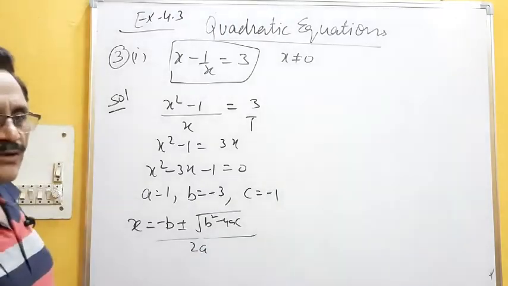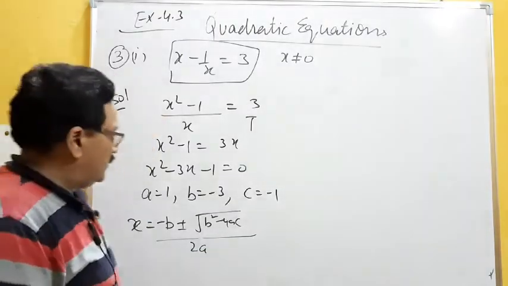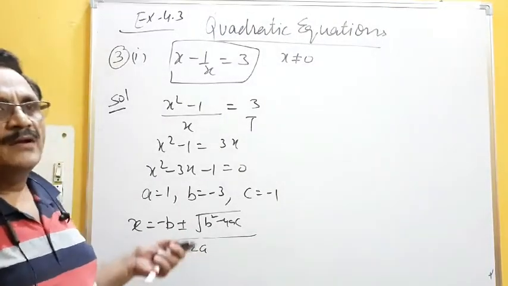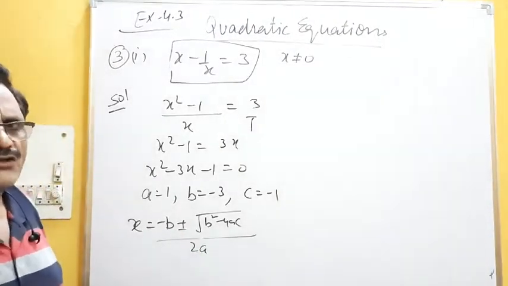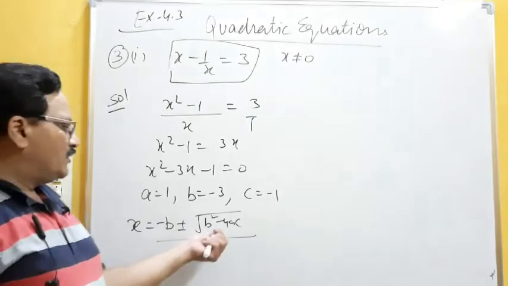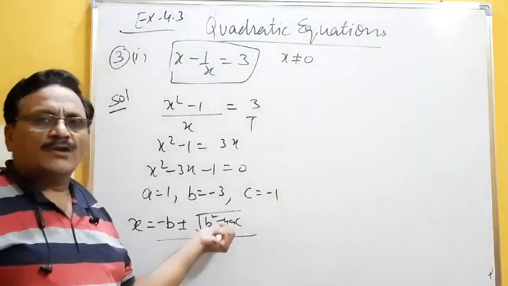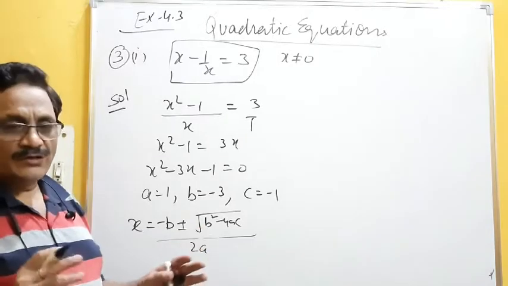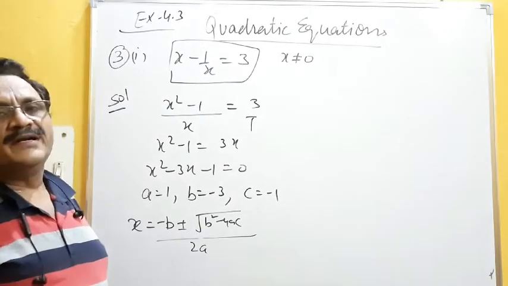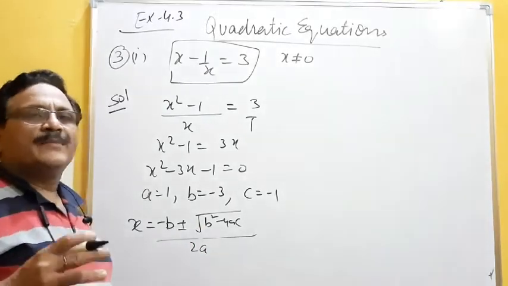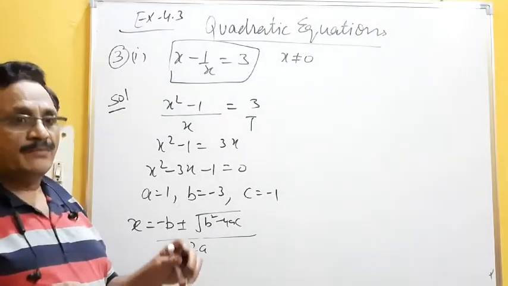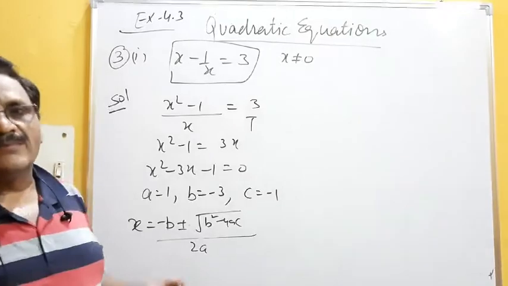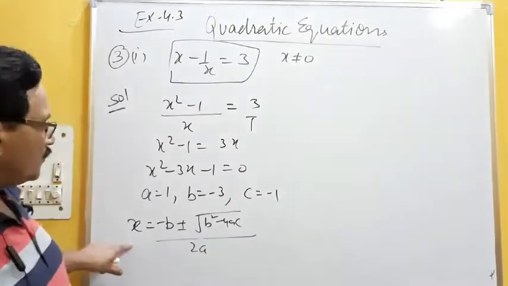Now you ask me one question. Sir, first we have to calculate b square minus 4ac to check whether the roots will be real or not. It's your choice. Because if the result is coming negative, then you can also write no real roots. So no wastage of time there, because in exams we have limited time. At home we do a question in 10 minutes, 15 minutes, no problem. But in the exam we have to solve the question within the time. So always we have to take less time and do correct calculations. So now substitute the values here.